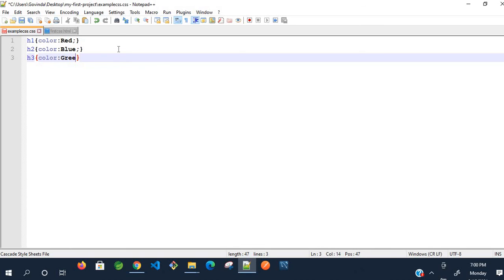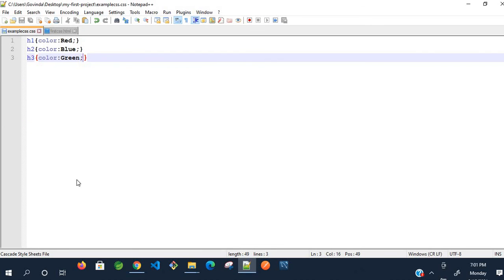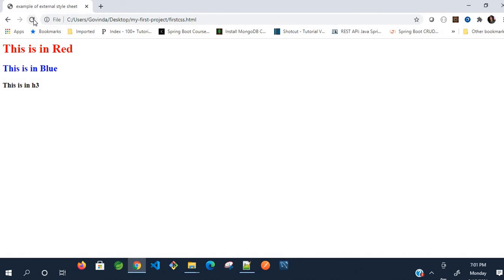This one in green. See here, till now H3 I have used as part of my web page, but I had not given any style to this. Just now I added the style, so it should display in green color. Now save it and go to the browser, reload it. See here, it has displayed in green color like this.